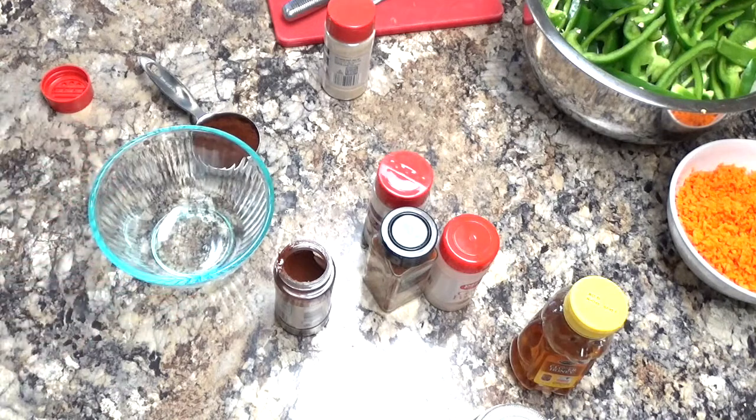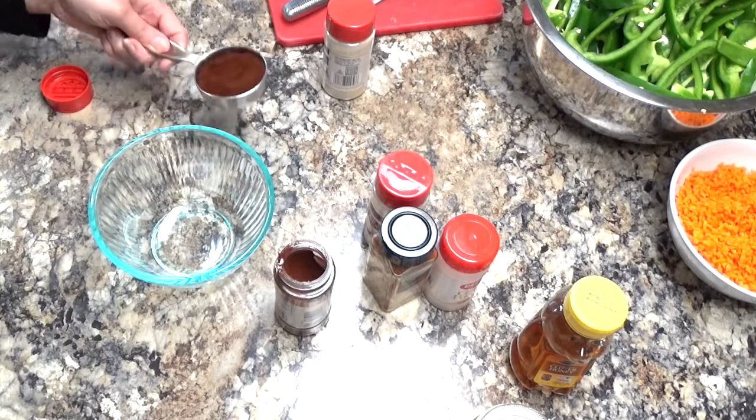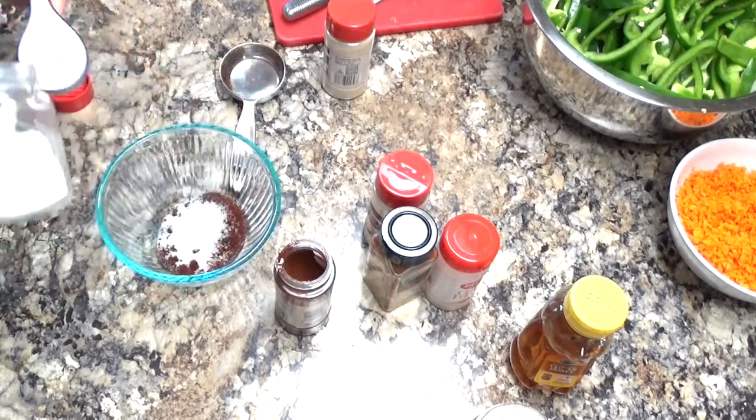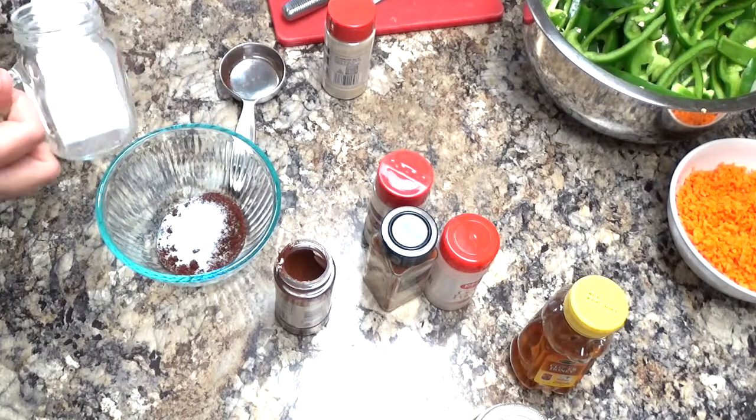You guys know that I have been making chicken fajita bowls, which is basically like fajitas without rice and beans and tortillas, which is probably the good part of fajitas. But the fajita bowls are really good. They're very seasoned and they're very satisfying. The first thing I'm starting out with is 1/4 cup of chili powder. Add in 2 tablespoons of salt,